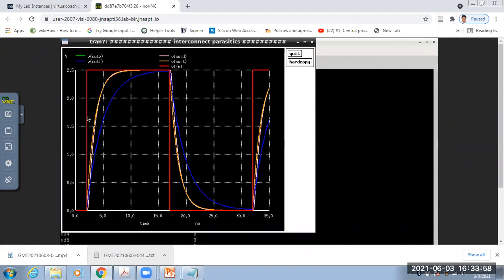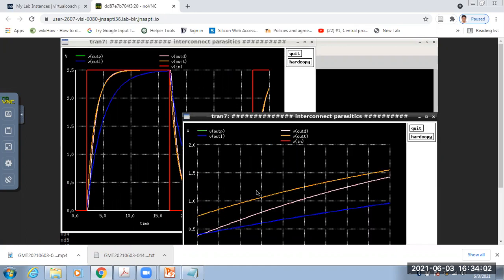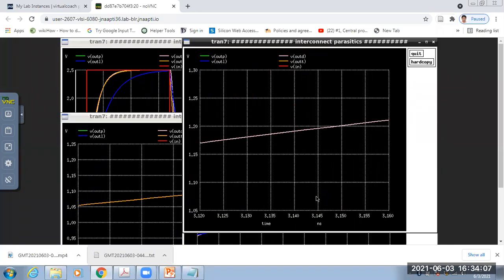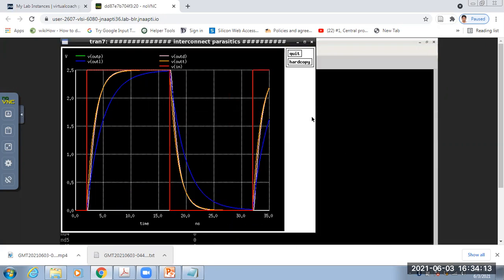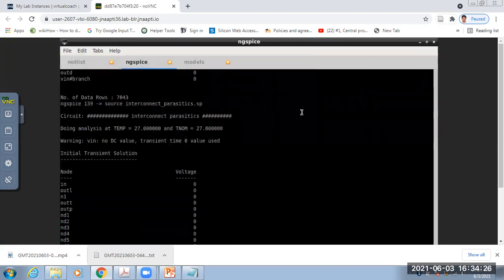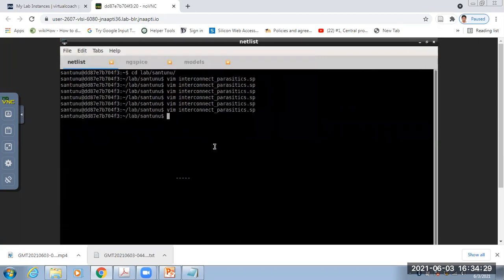If you zoom in, you will see it is there inside. It's there actually, but it overlaps completely. That's why it's not visible. You can check that.